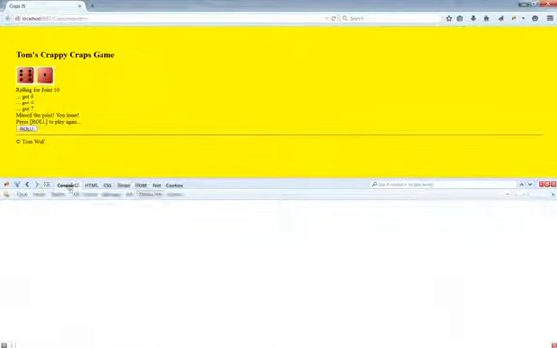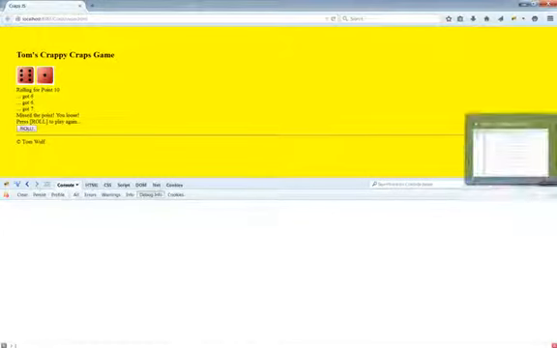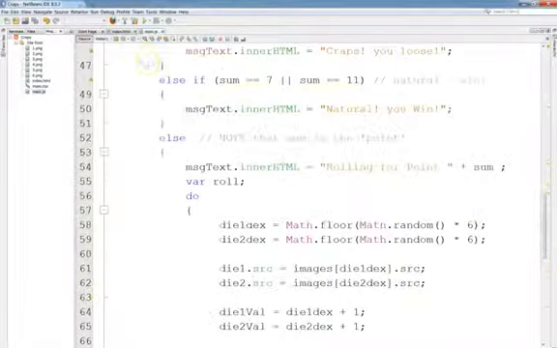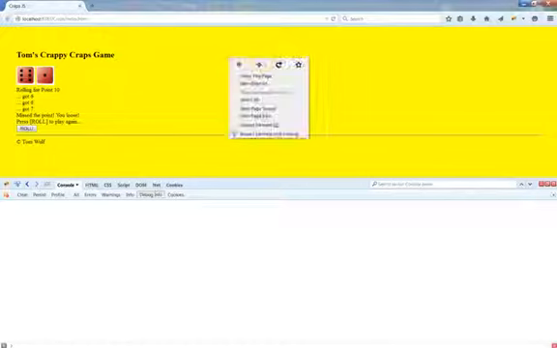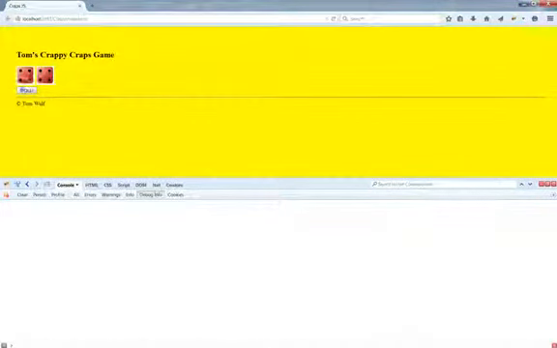Again, here's my console. Right now I don't have any errors. Let's go back in NetBeans just real quickly and replicate that error again. So this is the original error I showed you, where I deliberately misspelled message text so that the get element by ID failed. Again, I can just go right back into this. I don't want to keep reopening it. I'll just hit reload, and then when I click roll,